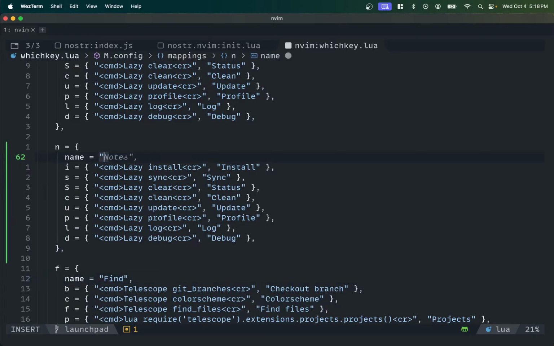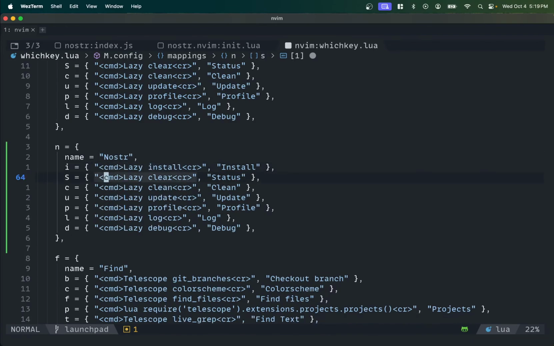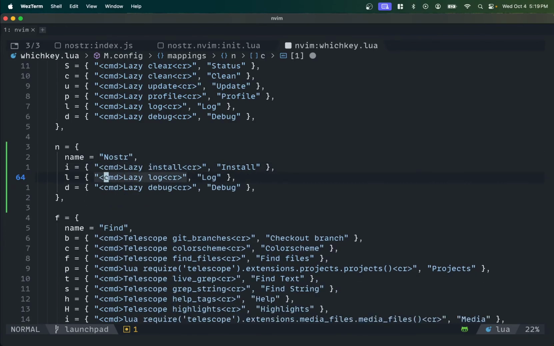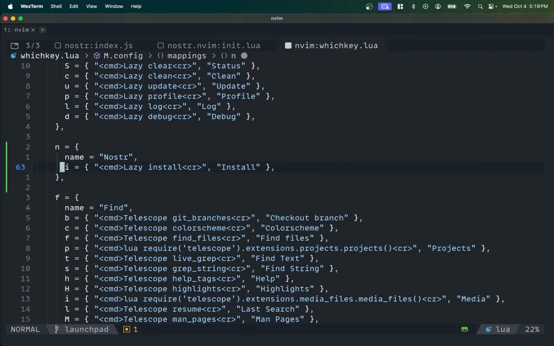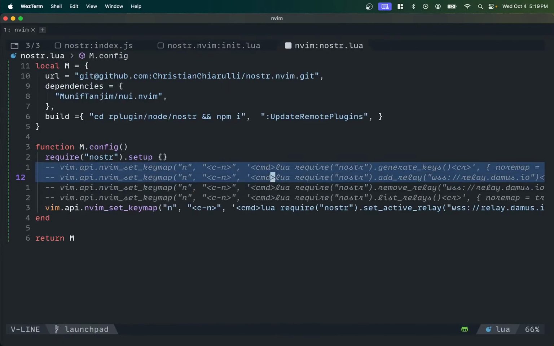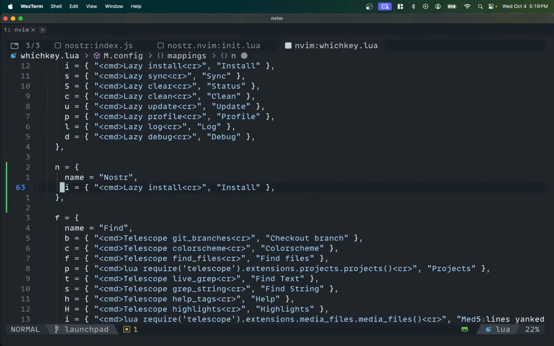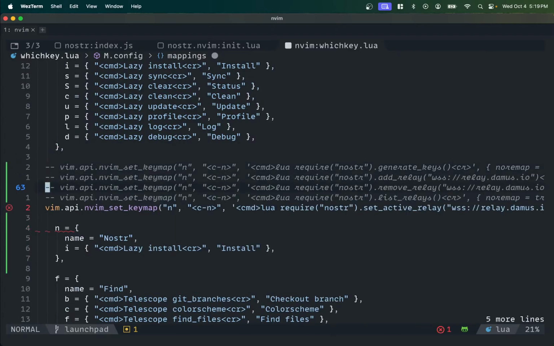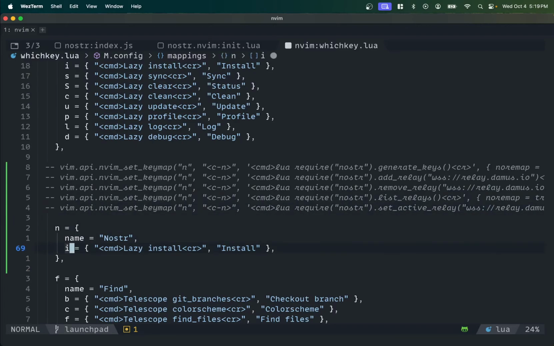This, we'll do Nostr, like that. And we'll just go like this, get rid of all these. And now we'll come over here to, oh well, all the functions are there. Take these, jump back over here, we'll comment that one out. Now we'll do one for